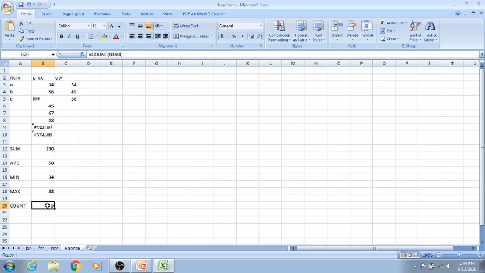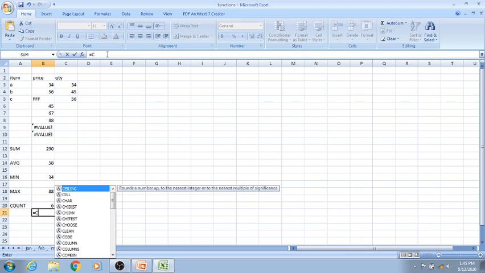Okay? And if you want to count the alphabets also, then you have to use COUNTA. See, COUNTA means it will include the alphabets also, so it is showing 6.